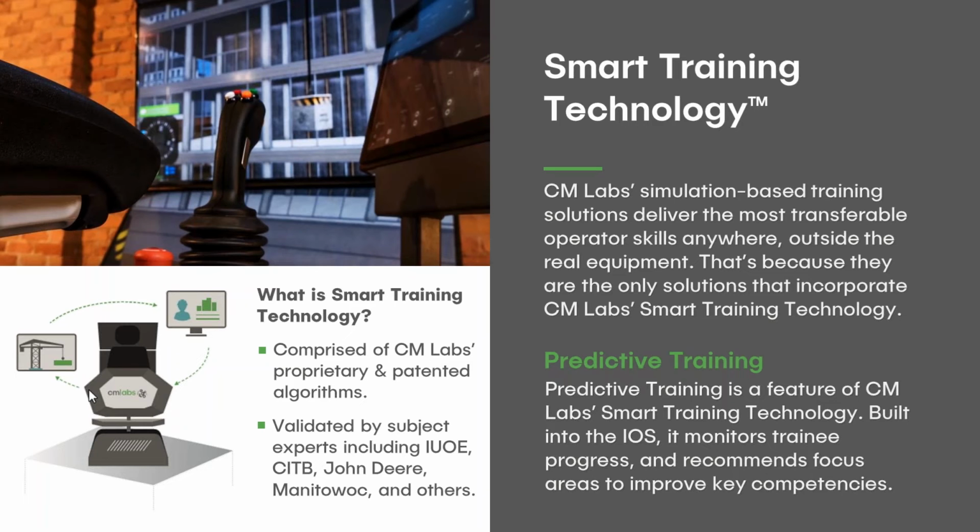I will keep correcting it until one of your professional operators comes up to Montreal and says it feels like the real equipment. They have, I think, 12 professional operators. Send anyone you want. I will convince them that this feels like a John Deere piece of equipment before I release it. So they agreed to that, and we've been successful at releasing 7 pieces of equipment now. But you can't do that without the things that are inside the smart training technology.